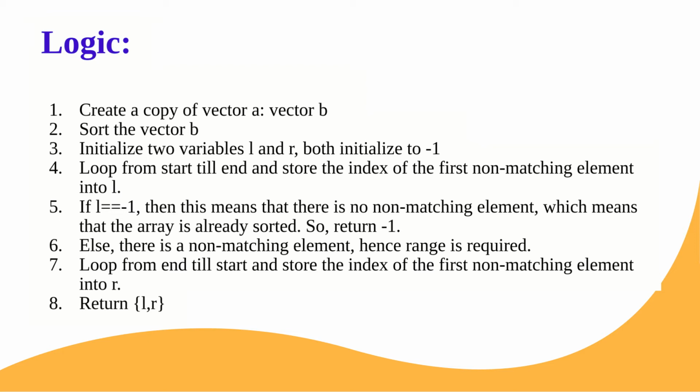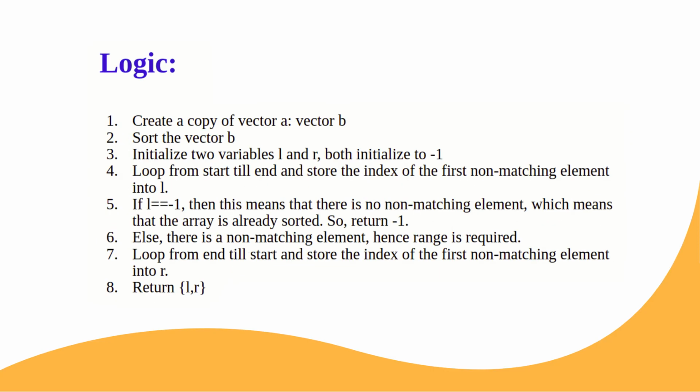Why so? Because we need to find the maximum range that is to be sorted so that the entire array gets sorted. Basically we need to find the minimum range, but we need to make sure that if it is sorted, the entire array gets sorted. That's why we can't leave any of the unsorted elements, and that's why I am talking about the maximum range indirectly here. So you need to return this pair L comma R, which is the starting and the ending indices. So let's dive into the coding section where you can understand it in a better manner.